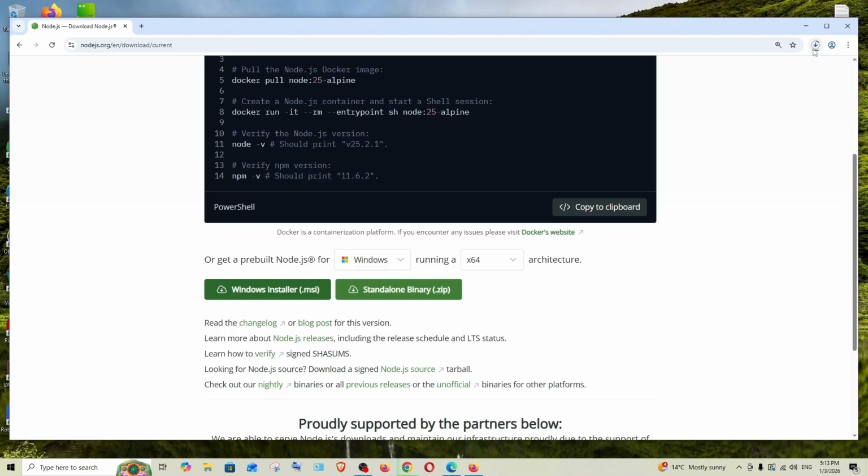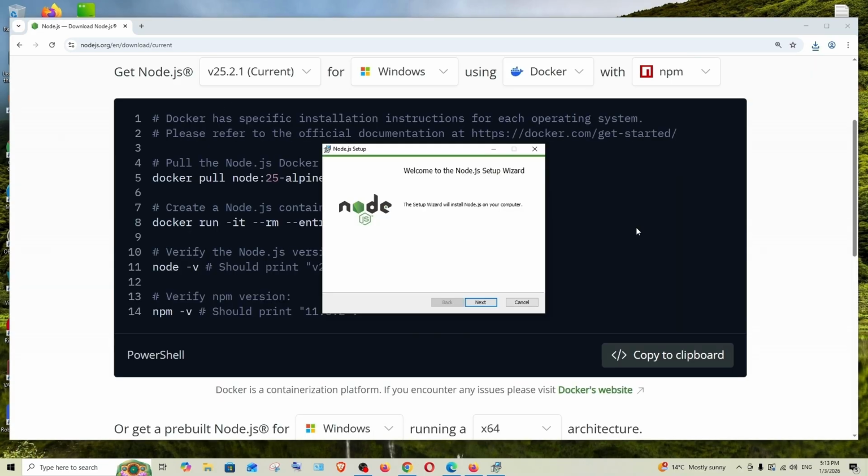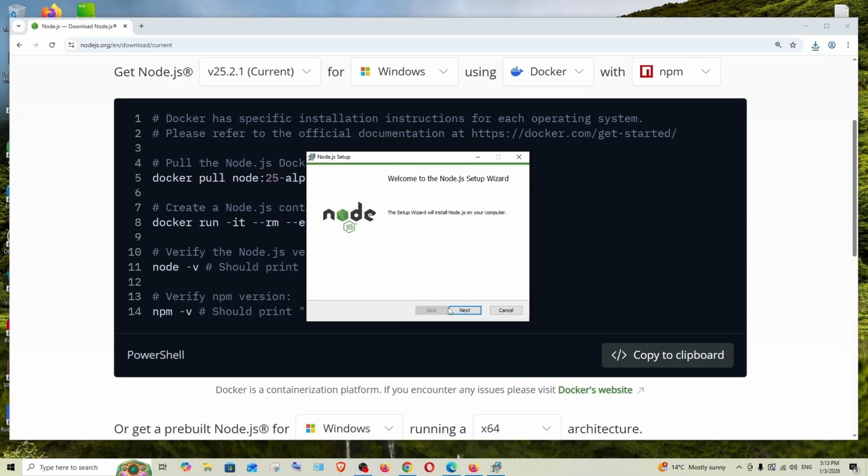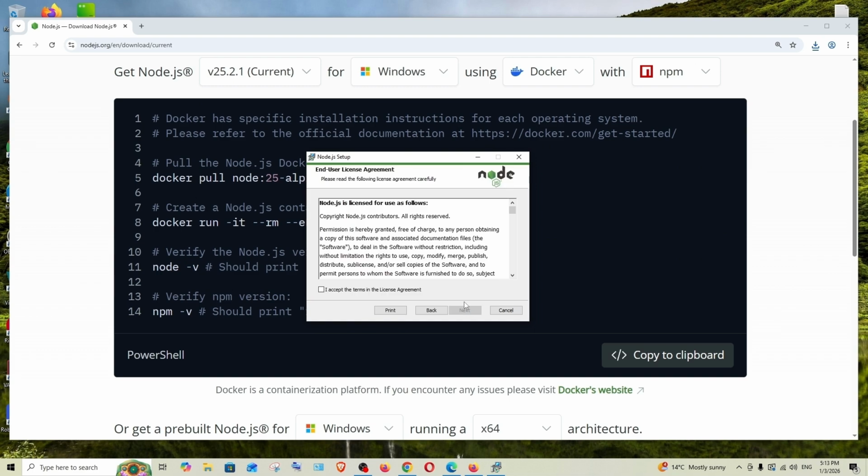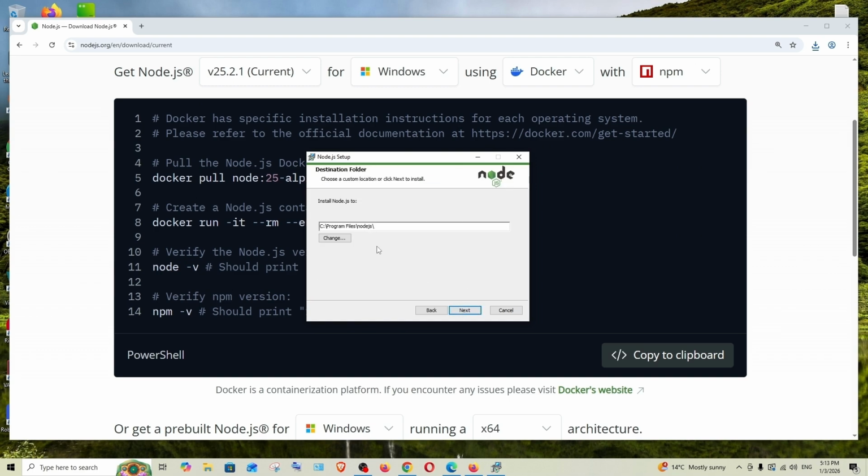So this will download the setup file. It is about 31 MB in size. Just be patient till then. Once it is complete, just open it and we'll be getting this Node.js setup. Click on next. I accept, select next, and this is going to be the default location where Node.js is getting installed. If you want to change it, you can click on change to change it. Once you have done that, click on next,